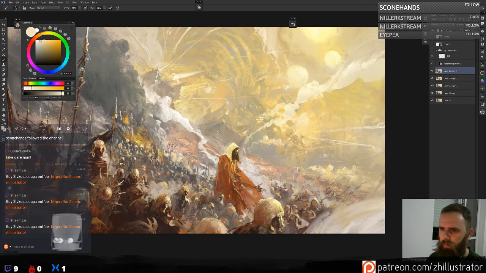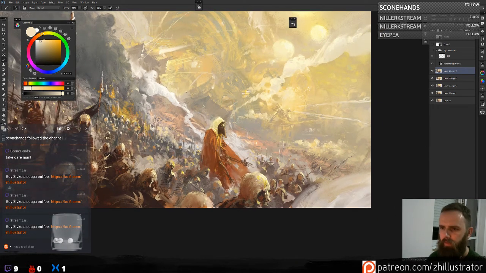Let's do some smoke. Again, being careful with the values in the background, because I don't want them to be too high. So if I notice something that has maybe a too high of a value, I will paint over it with a lighter value to compensate.